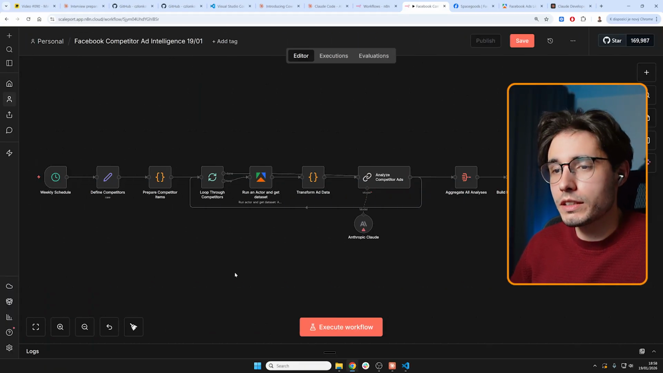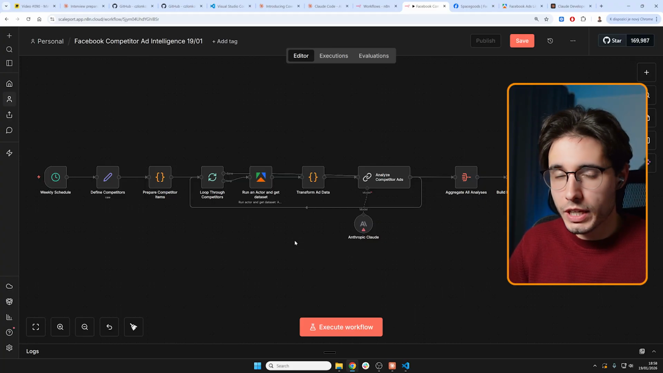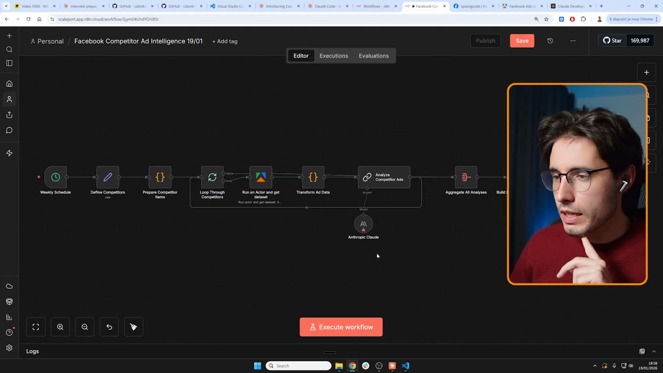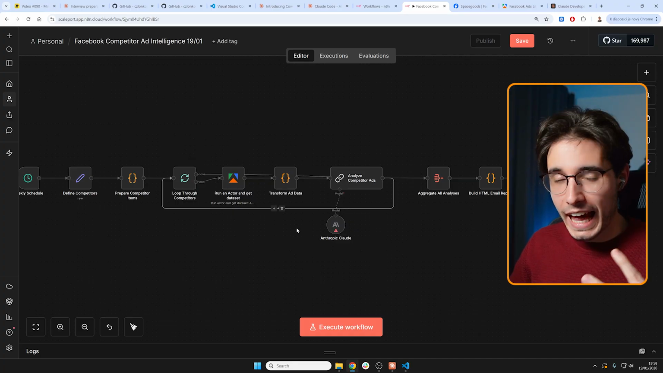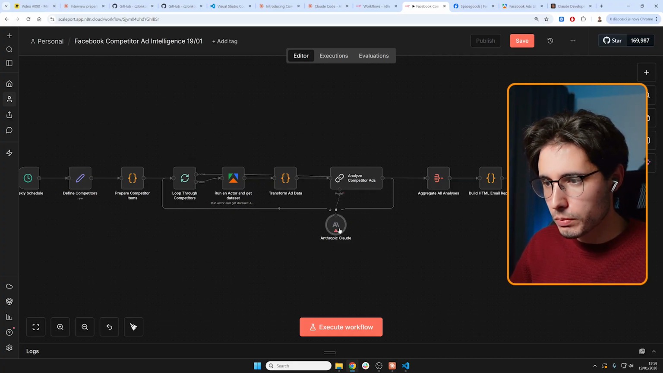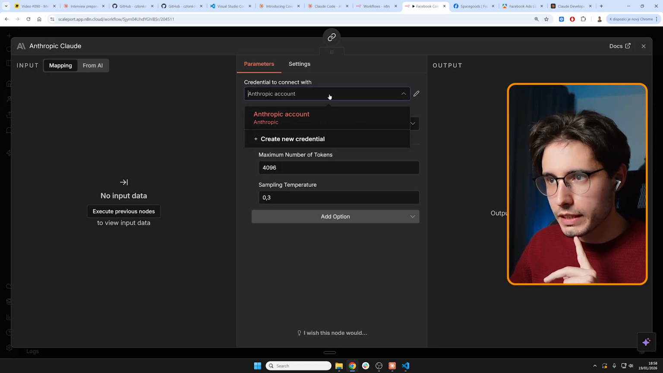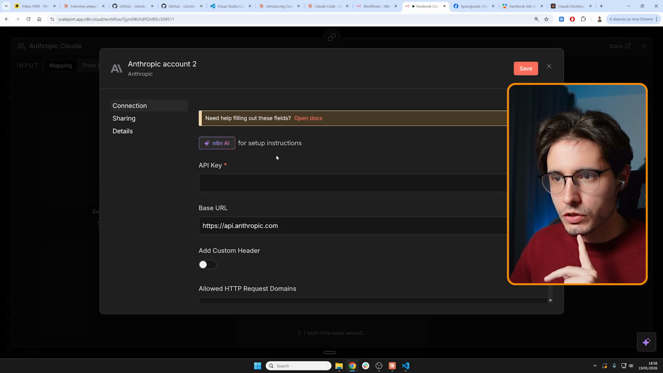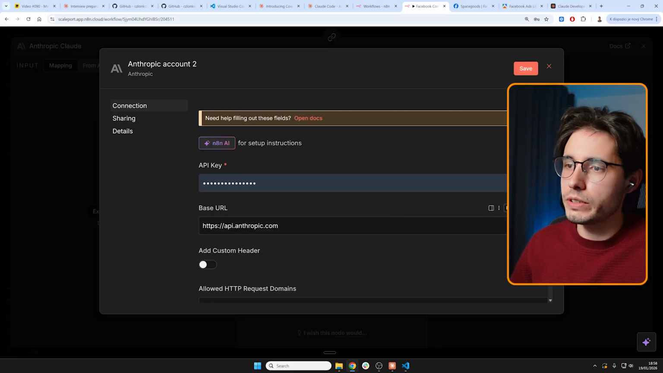So now we are looking at the workflow we generated. As I said, we will have to do a few setups, so it's important to understand at least the basics. Number one, since we are sending the ads in the data set to AI to analyze them, we need to choose the model. And as you can see, we have Claude right here. And you need to add the credentials, right? So what you're going to do, Anthropic, you will add your API key